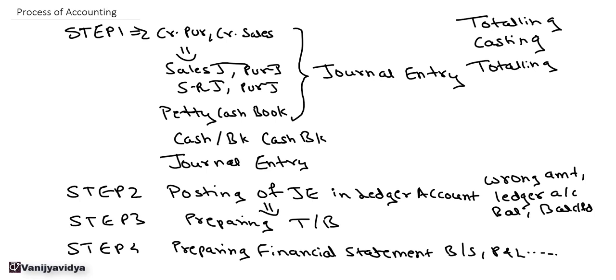So when we prepare the trial balance, the debit total should be equal to your credit total. But because of these errors, it is possible that there is a difference in the total of the trial balance. Either the debit side may be greater than the credit side, or the credit side may be greater than the debit side. Then that difference in the debit and credit needs to be ascertained. We need to find out what errors have happened because of which there is a difference in the debit side and the credit side.